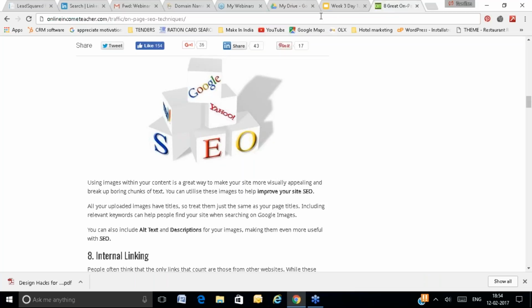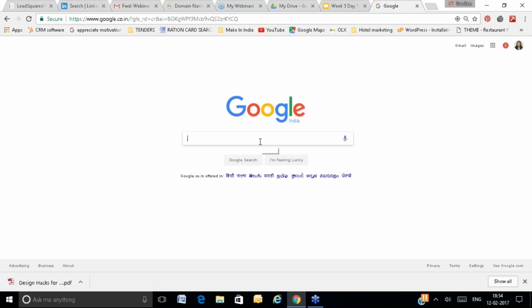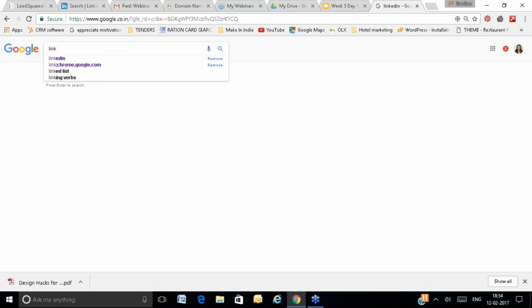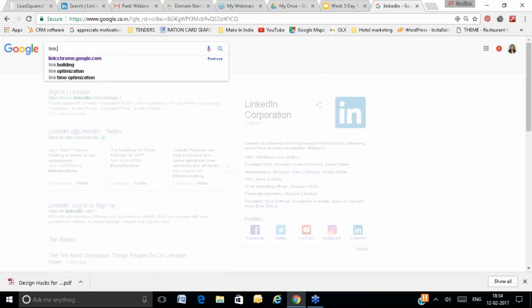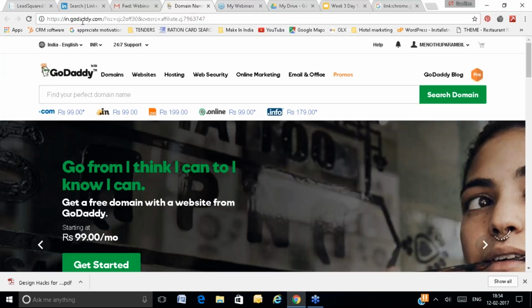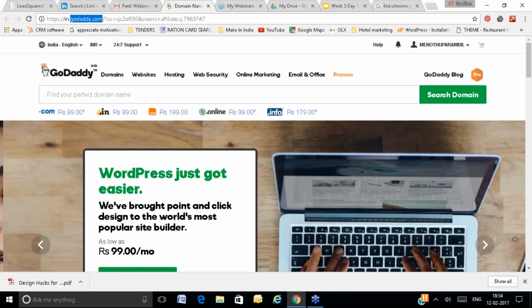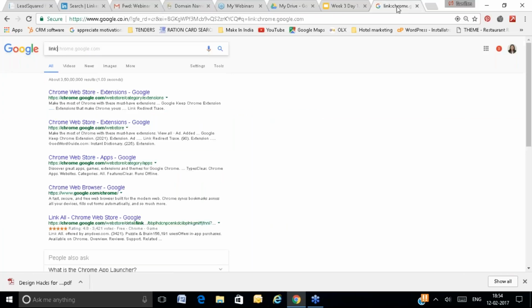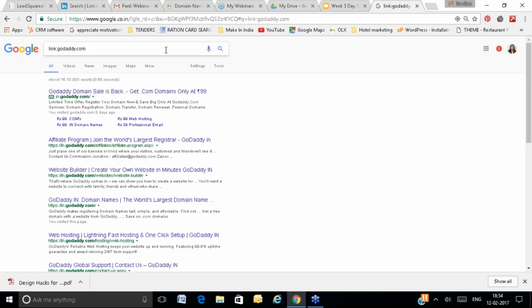You can go to Google and search for backlinks using link colon. Let's suppose we search the backlinks of GoDaddy. How many links has GoDaddy received? Let's find how many other websites have given links to GoDaddy.